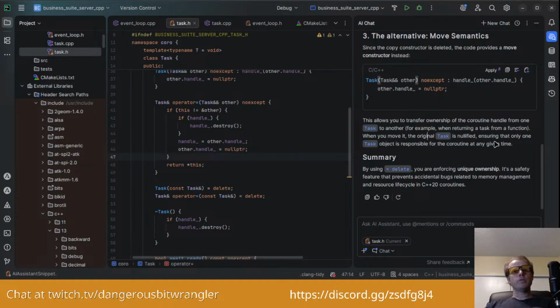When you move it, the original task is nullified, ensuring that only one task object is responsible for the coroutine.